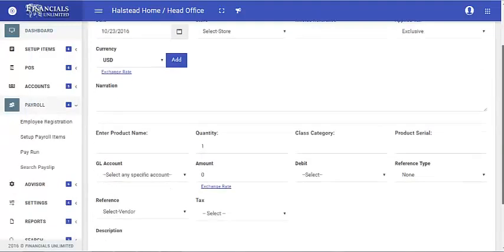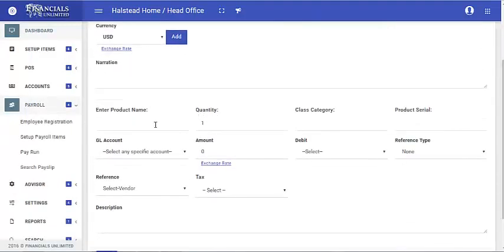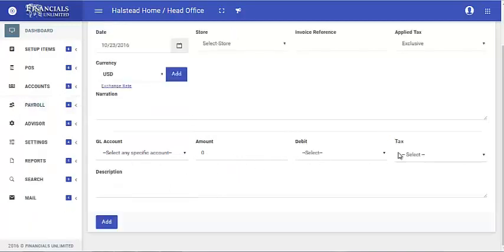But in special journal, you can even enter products, and involve customers, vendors, employees, taxes, everything. In manual journal you would see only this portion: general ledger, amount, debit, and tax.